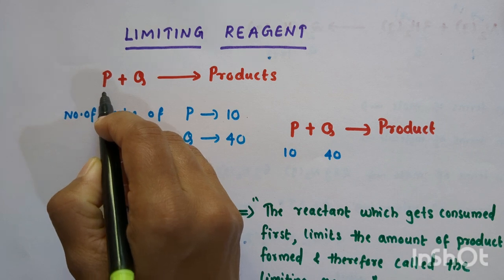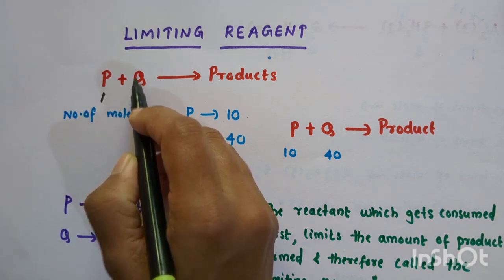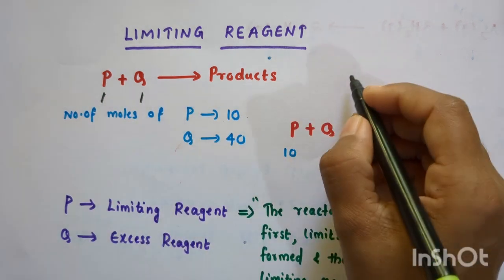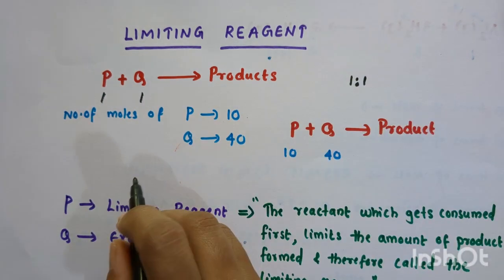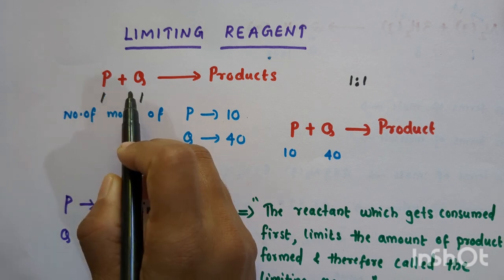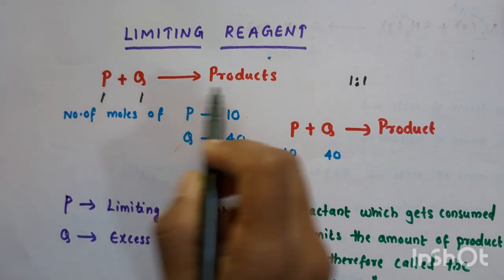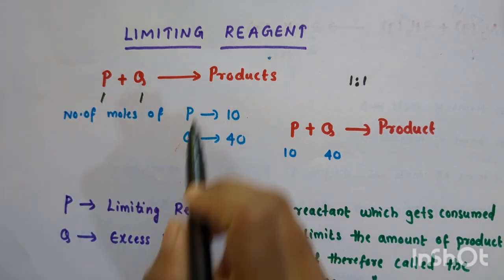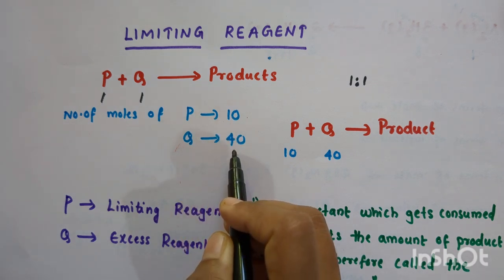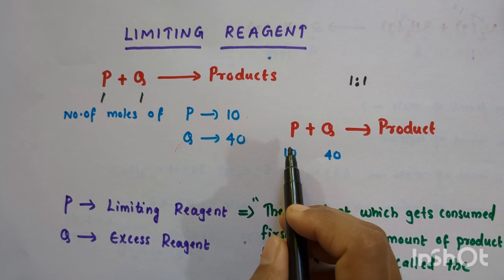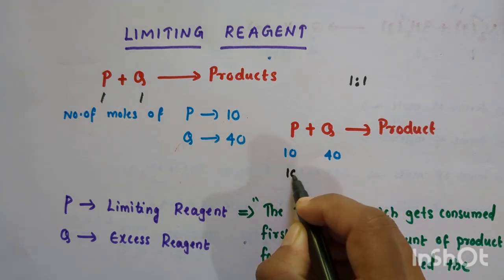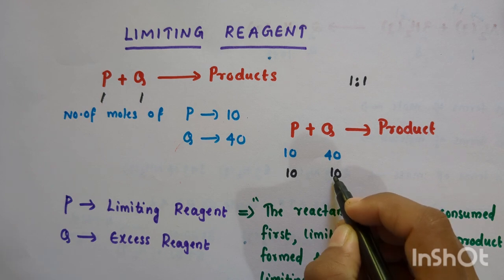It is 1P, so 1. What about the coefficient of Q here? It is 1Q, so 1. So their coefficients are in the ratio 1:1. That is, 1P reacts with 1Q and gives a product. But here the number of moles of P is 10 and the number of moles of Q is 40. That is, 10 moles of P reacts with 10 moles of Q